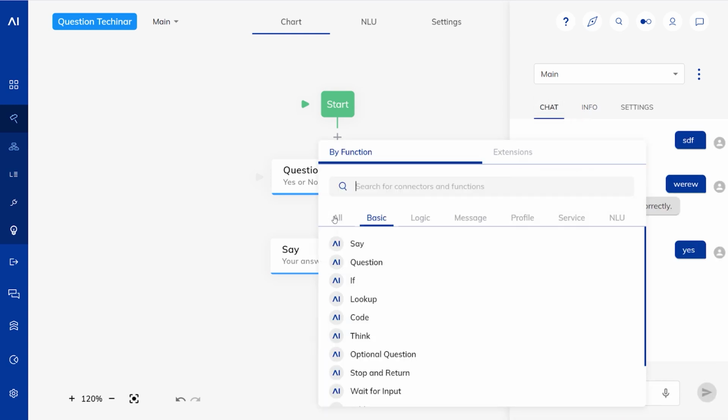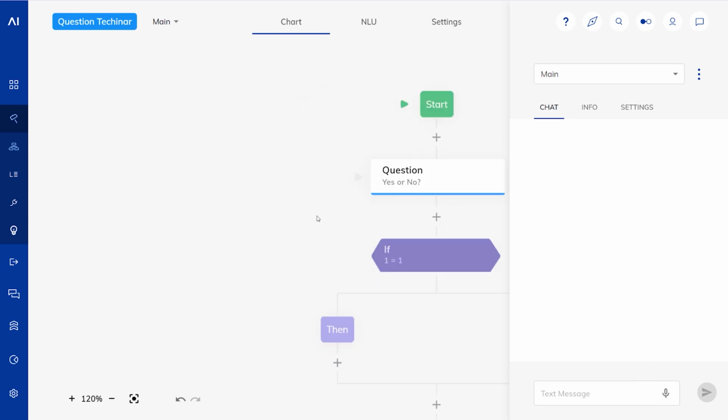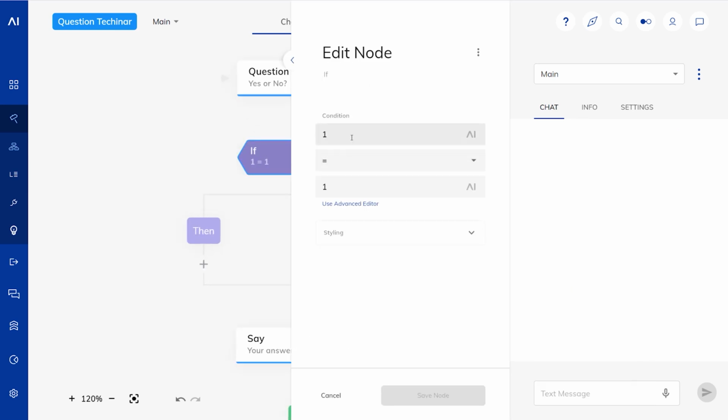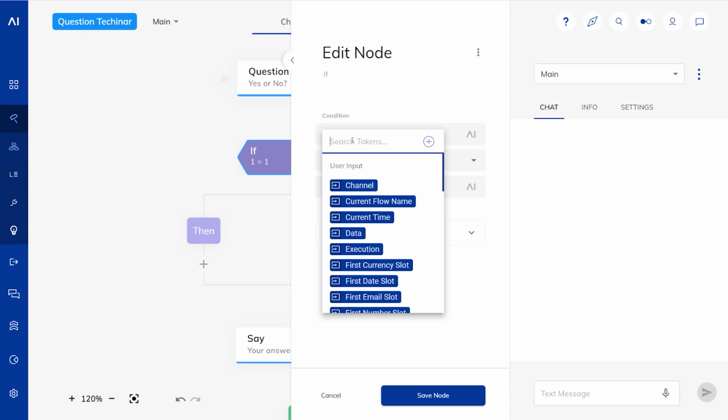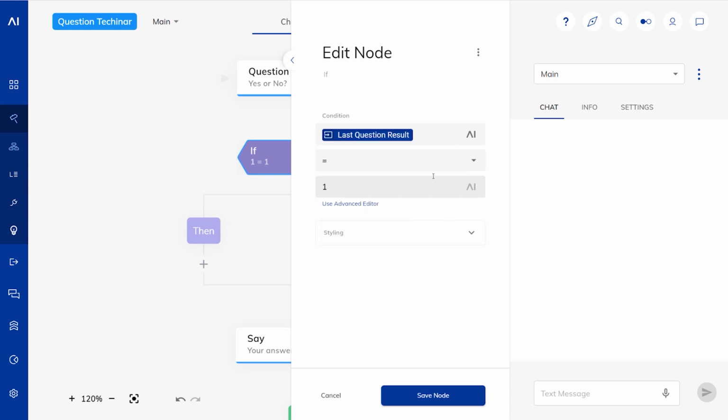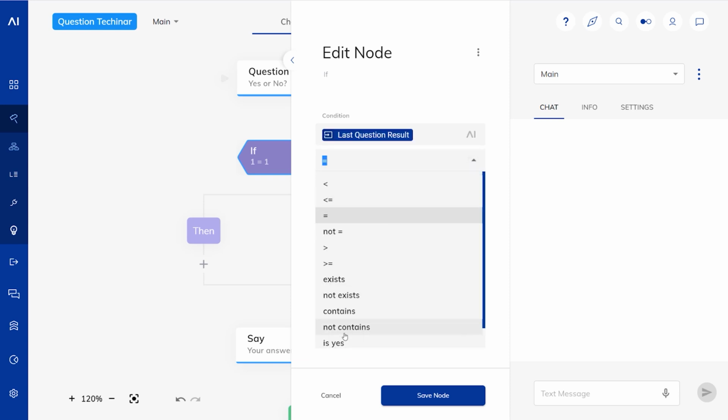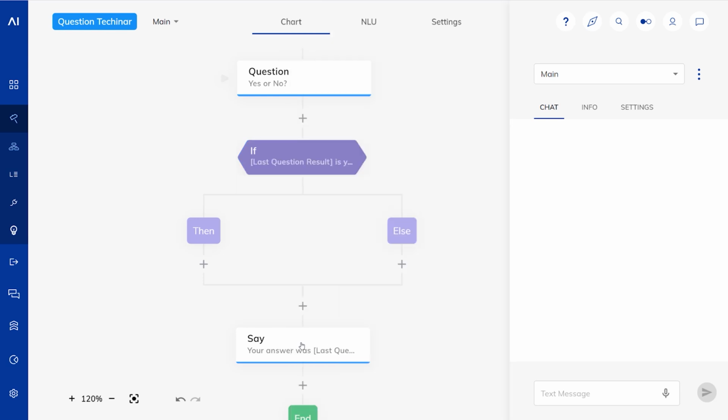Now, of course, we can also operate on that. So we could say if the last question result, and then here we have the is yes operator, then we say this, and otherwise we say that.